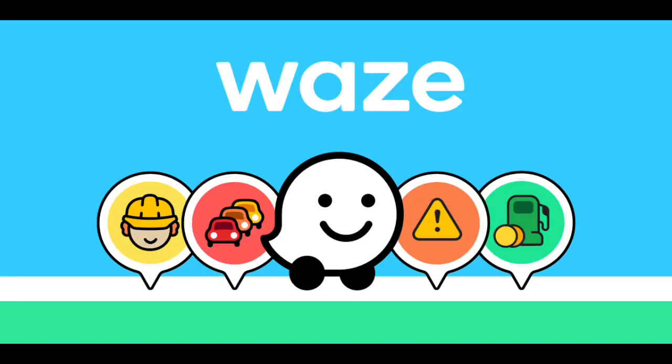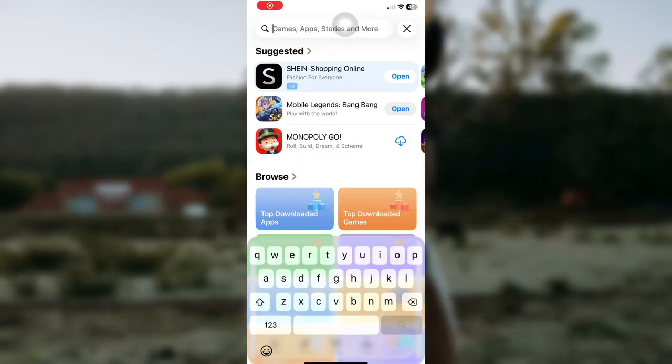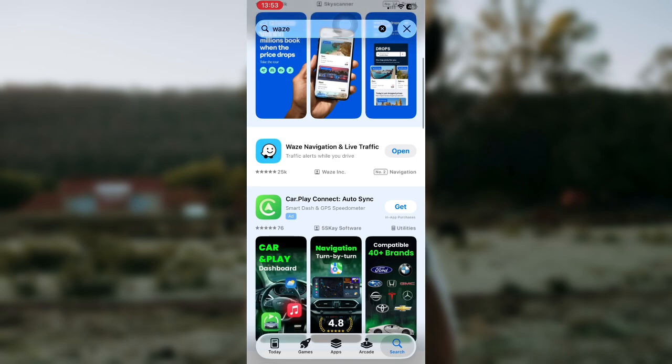Hey guys, welcome back. In today's video, I'll show you how to set Waze as your default navigation app on iPhone in 2026. If you want directions to open in Waze instead of another Maps app, here's what you need